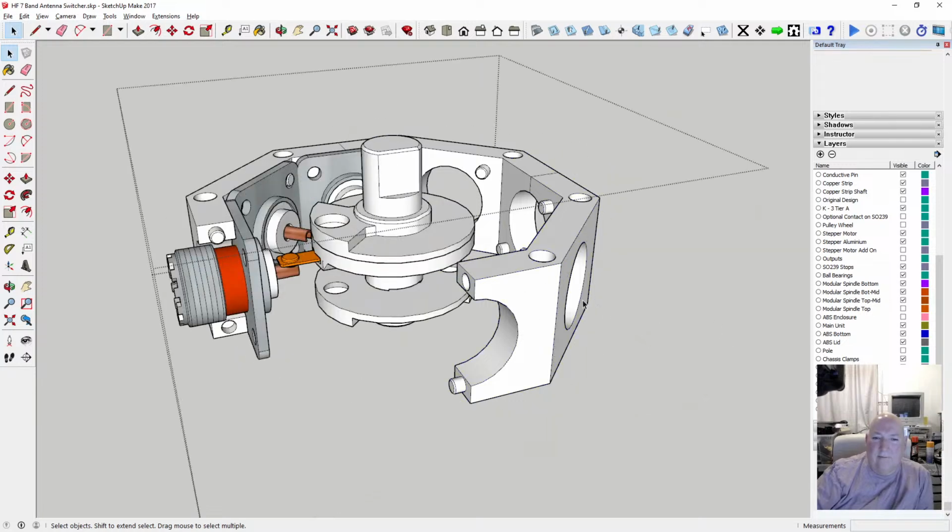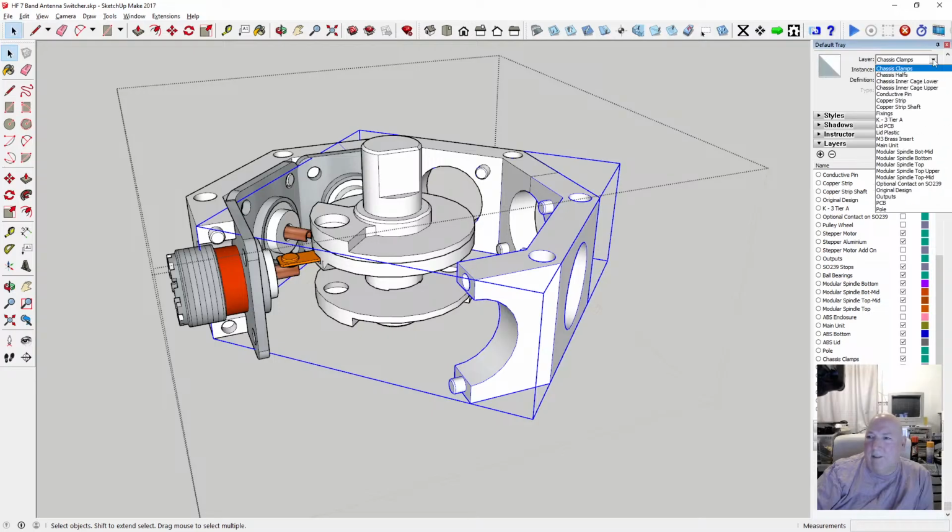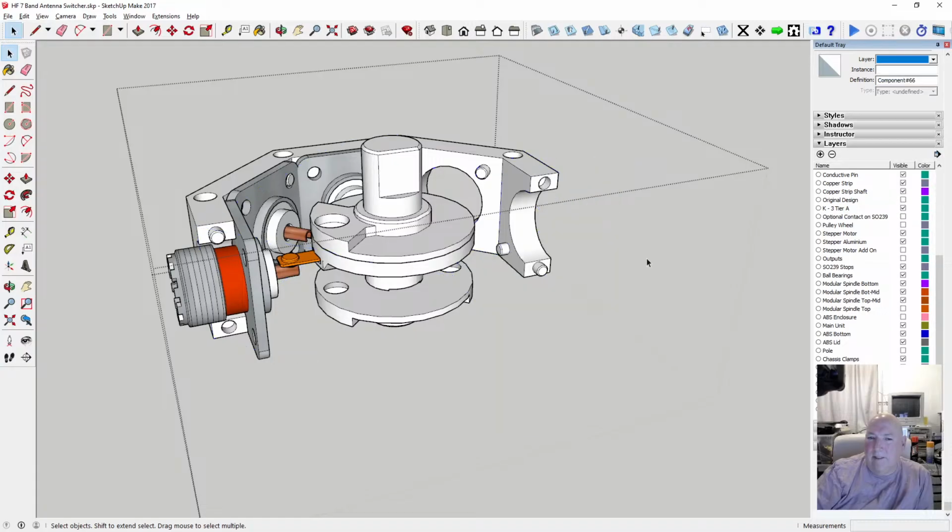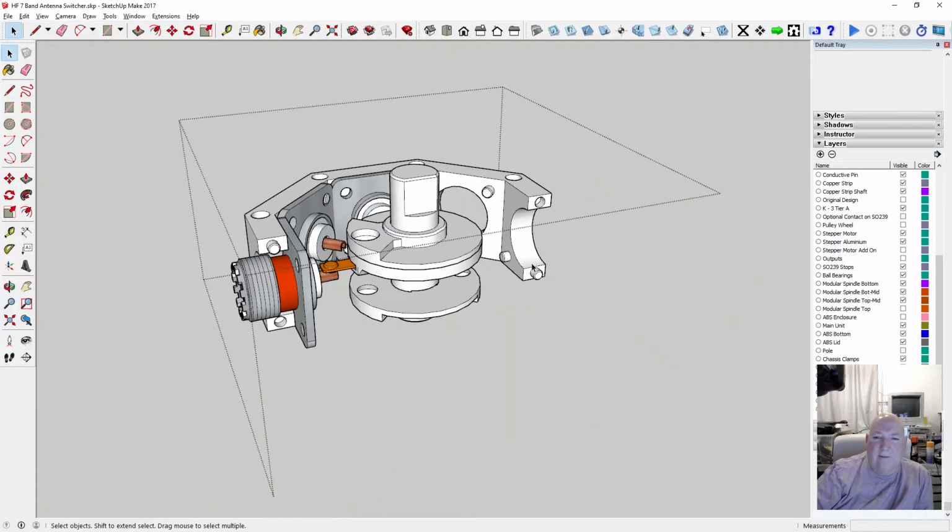That's a chassis half as well. What is going on? Chassis halves. Right, that's a chassis half. I don't get what is going on here. Have I not got a single one left? I thought I did.